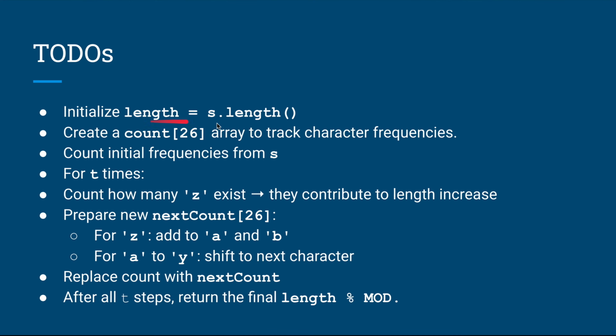So what we will do, we will initialize the length and create a count array of size 26. Why? Because we need to track the character frequencies. We count the initial frequencies from s, and for each of the t steps, we count how many g exist, since they contribute to the length increase. We prepare the next count array, and for g we add a and b, and for a to y we shift to the next character. After that, we replace the count with the next count, and after all t steps we return the final length